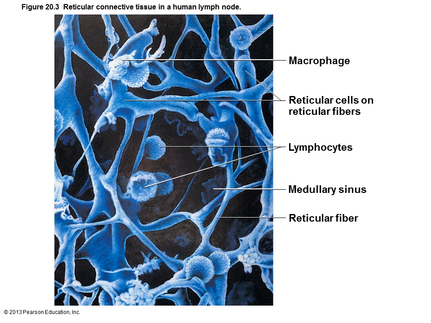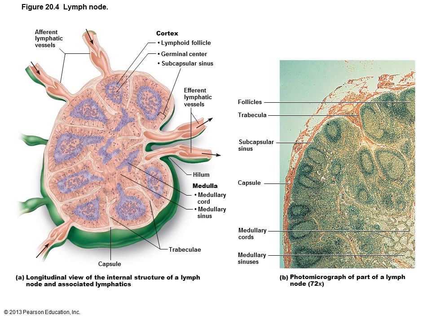Lymphoid tissues house and provide proliferation sites for lymphocytes and macrophages, and they contain largely reticular connective tissue, a type of loose connective tissue. Lymphoid nodules are packed with lymphoid cells and reticular fibers and contain germinal centers of proliferating B cells and